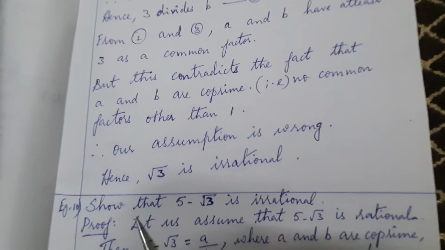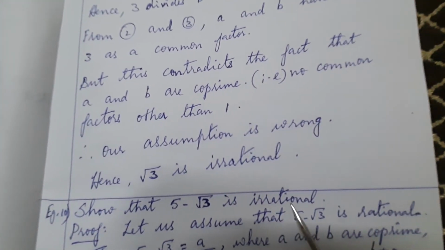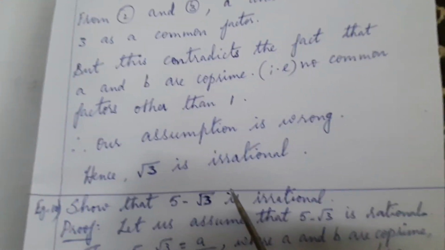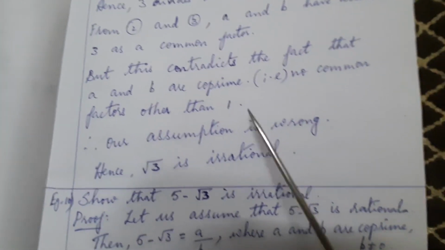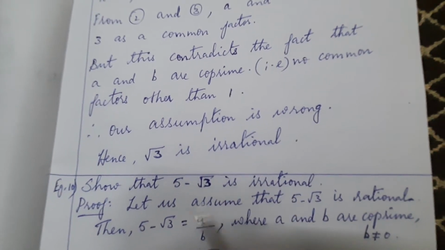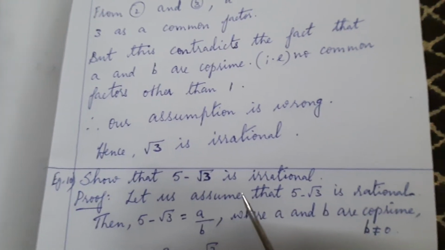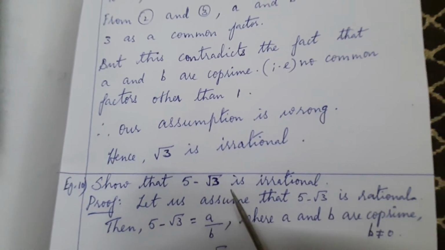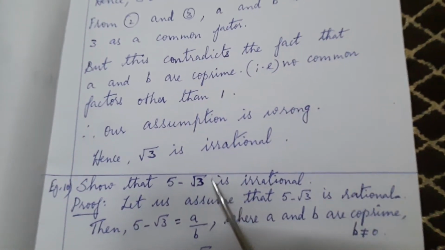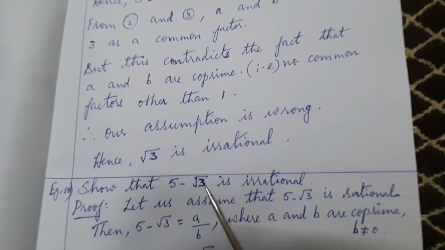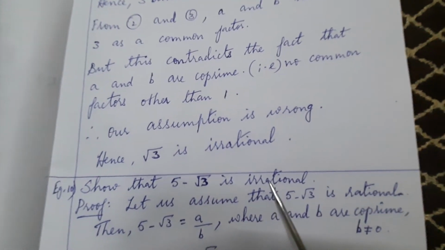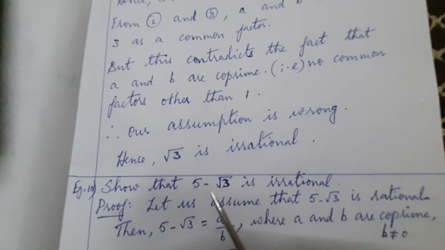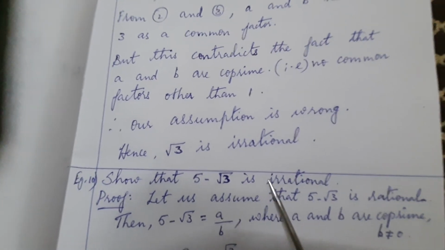Next one is show that 5 minus root 3 is an irrational number. Here, only when it is root 2, root 3, root 5 being irrational, we have to do all these steps. If it is show that 5 minus root 3, we need not do that. But keep in mind, when they ask this type of question in a 4-mark question, first we have to prove that root 3 is irrational. Then we have to prove 5 minus root 3 is irrational. Only in 4 mark. In 3 mark and 2 mark, when it comes, straight away we can write 5 minus root 3 is irrational in a very small step.